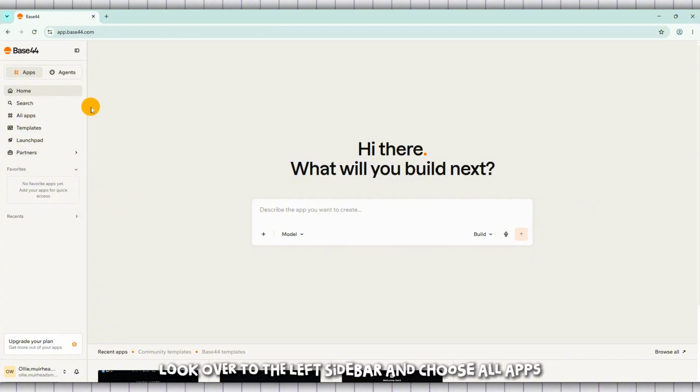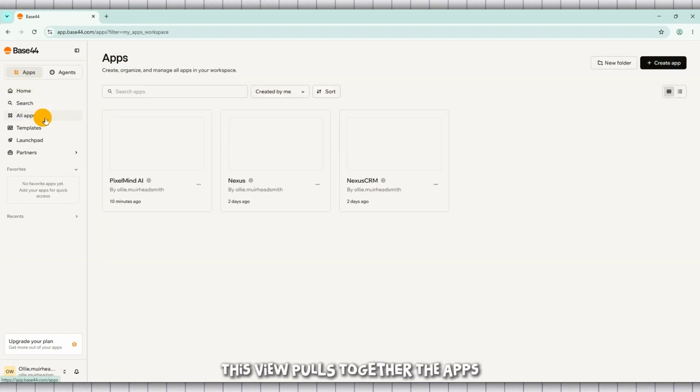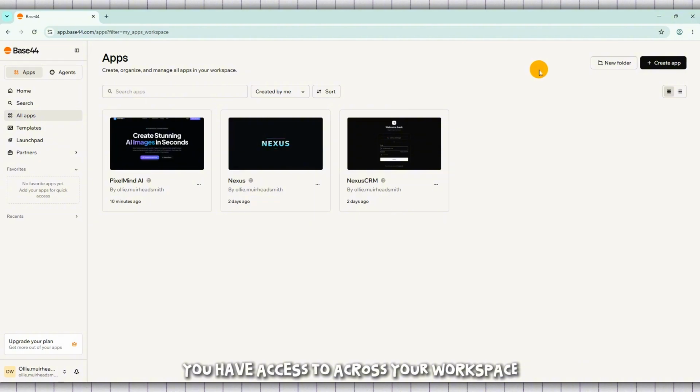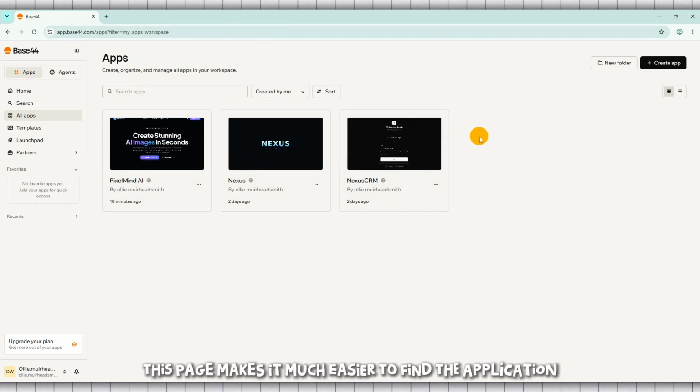Once you're in, look over to the left sidebar and choose All Apps. This view pulls together the apps you have access to across your workspace, making it easy to browse or jump straight to what you need. If you're working with multiple projects or collaborating with a team, this page makes it much easier to find the